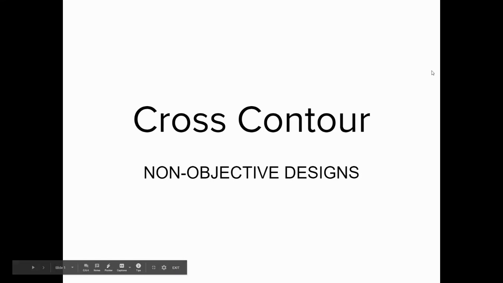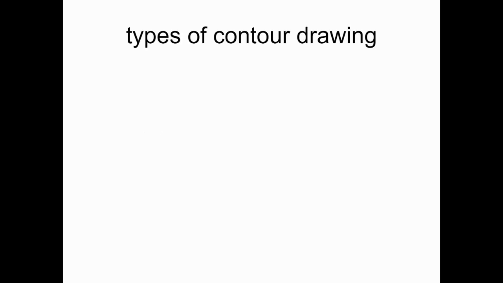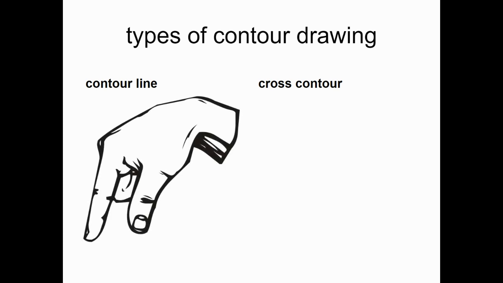Our next project in Art 1 class is going to be a cross-contour non-objective design. There's two types of contour drawing that we covered in Art 1 earlier this year. The first is contour line. The second is cross-contour. Contour line drawing defines a form using its outline and some of the interior details, similar